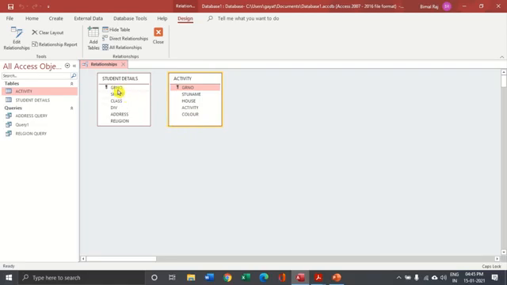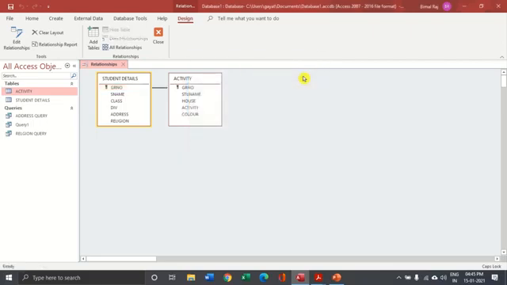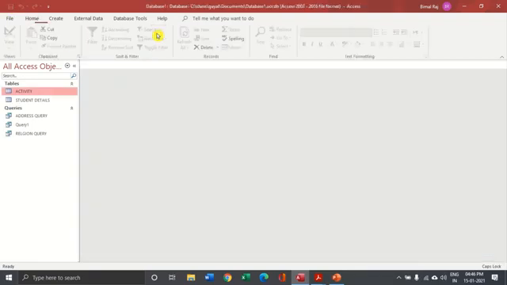Now what I need to do is click on the GR number, which is the primary key from the student table, drag it and drop it on the GR number of the activity table. An Edit Relationships dialog opens up with the details of the two fields which are going to be set as the relationship key, and then I will click on the Create button. Now you will see that a relationship has been created between these two fields. So when I click and close it, I will save the relationship and I can close the dialog box.